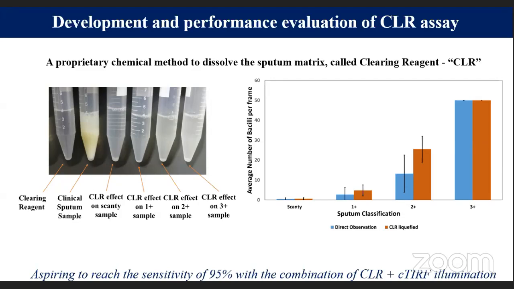You can see this is the clearing reagent. This is a thick sputum smear. This is thick sputum which has been collected, clean sputum, and when it has been mixed with different bacilli loads, you can see how it behaves. This is the sample where most bacilli were present. It's been categorized as 3 plus TB sample, and this is 2 plus TB sample. This is 1 plus TB sample, and this is scanty. Scanty means it's very hard to find even one bacilli if you check more than 500